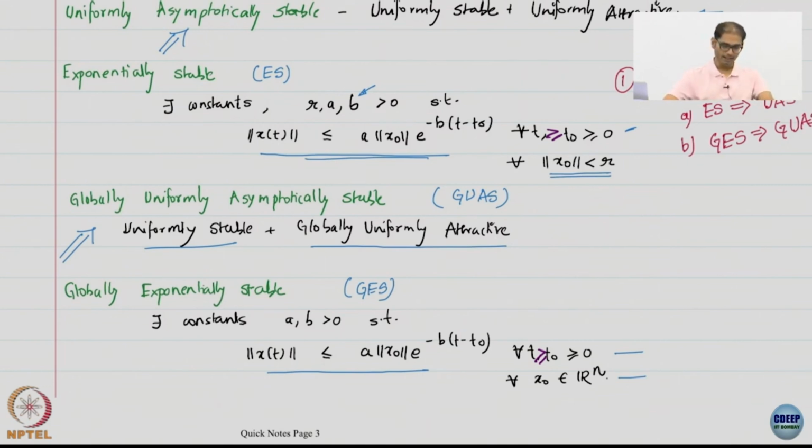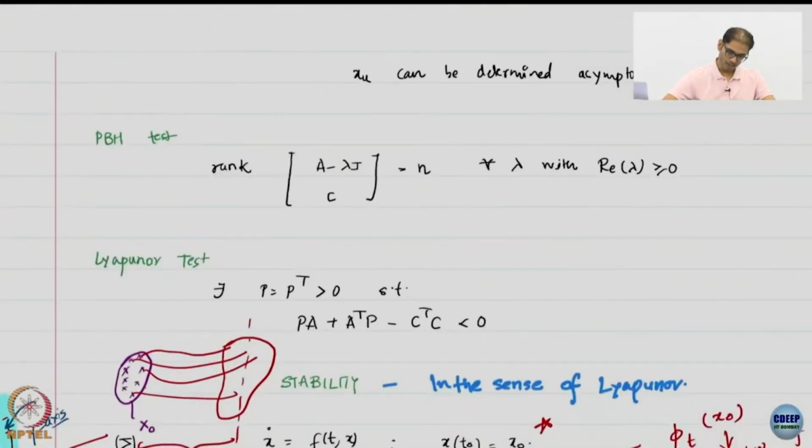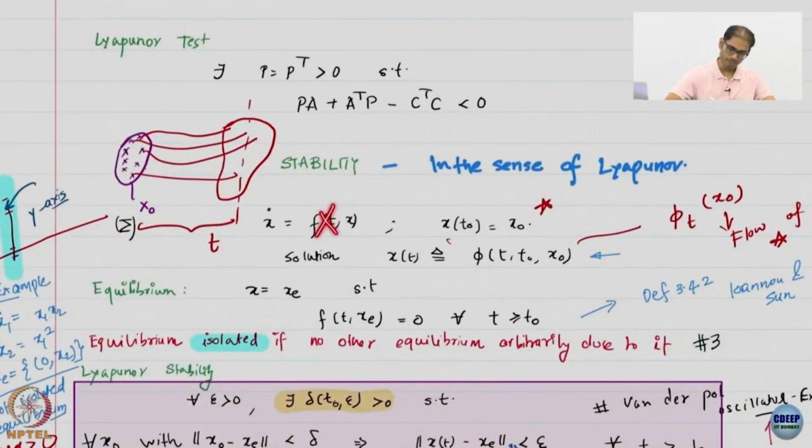The other thing to also remember is that if your system right hand side, that is f, we talk about systems of the form x dot equal to f(t, x), if this f here is independent of time, there is no time explicitly appearing on the right hand side, then the system is uniform for free. There is no uniformity to be considered separately. So these few things always remember: linear systems, local, global, no difference.